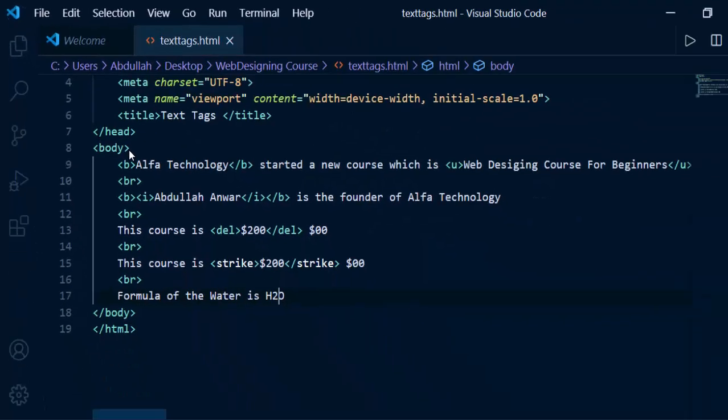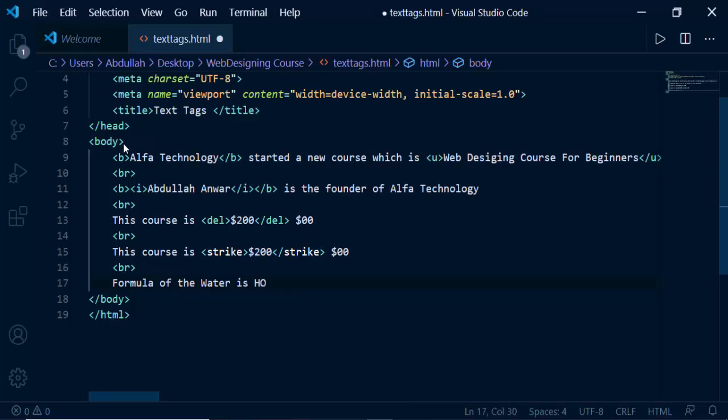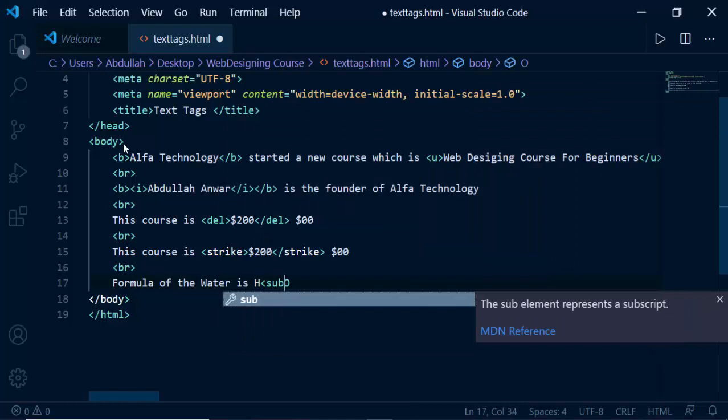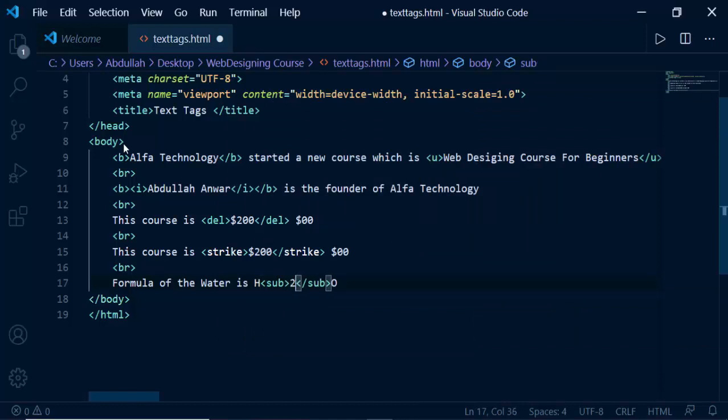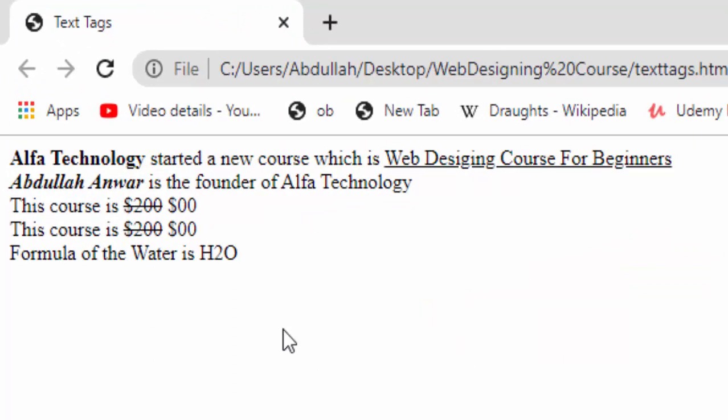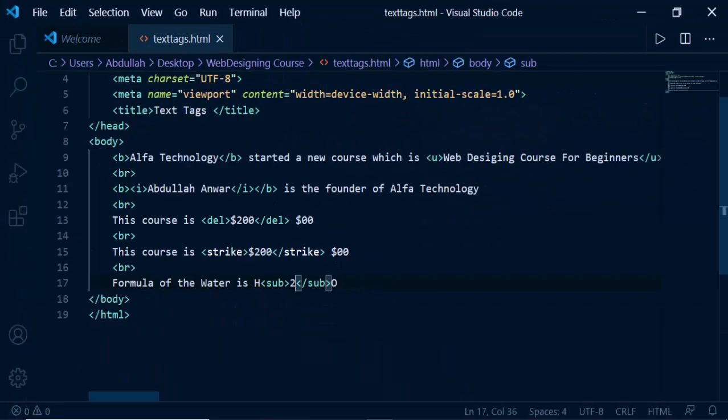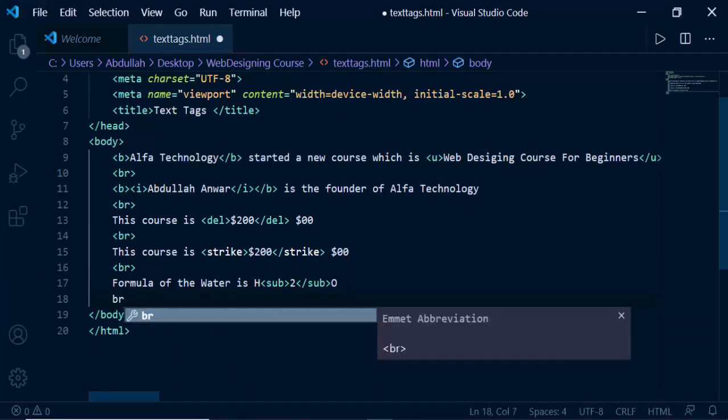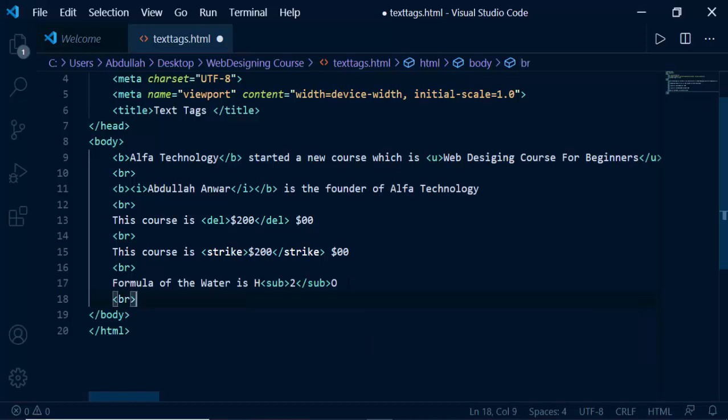So we can put this in another tag which is known as the sub tag. So you can put the 2 in the sub tag. It means whatever text you put in the sub tag will be in the base. So if I refresh this, you can see the 2 becomes subscript. Okay, so sub tag means subscript. After that, if you don't want to write the tag by yourself, you can just type the name of the tag and hit enter. Visual Studio Code will auto complete the tag for you.